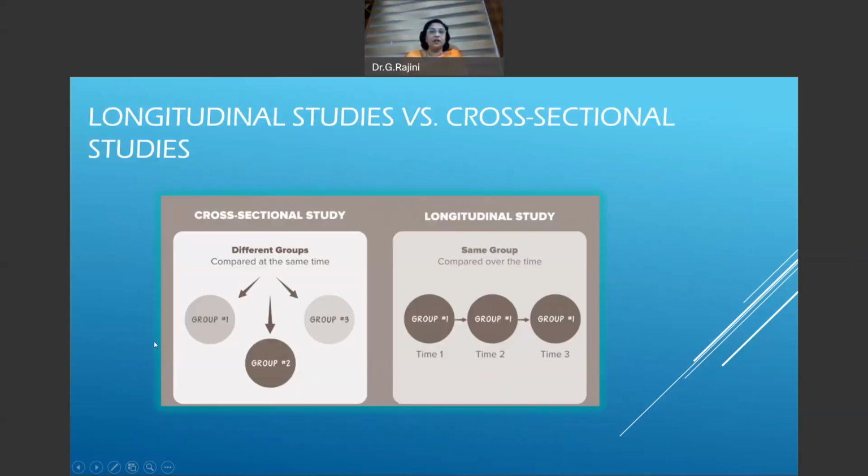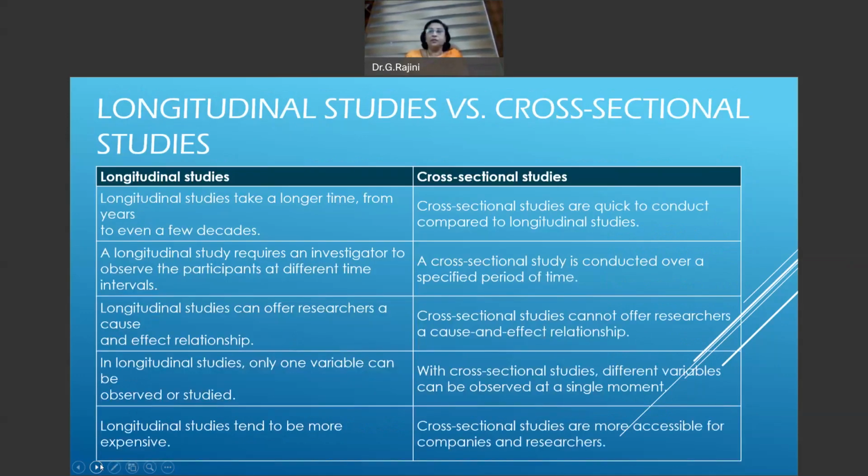So here, different groups are compared at the same time, while in the other, the same group is compared over time. I've tabulated the differences between these two. So longitudinal study takes a longer time. Cross-sectional study is very quick to conduct. Here, in longitudinal study, the investigator is required to observe the participant in different time intervals, but in cross-sectional, he conducts it